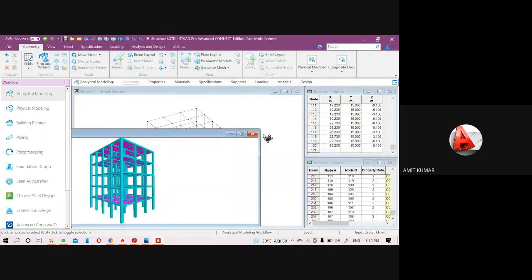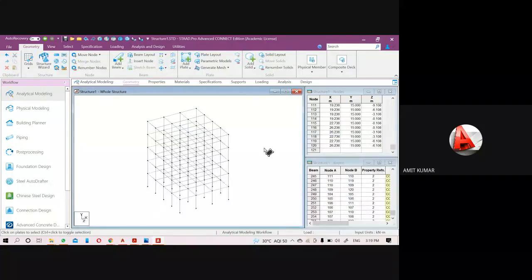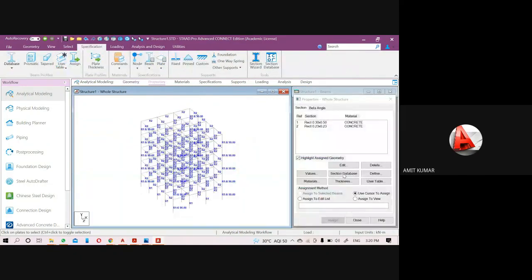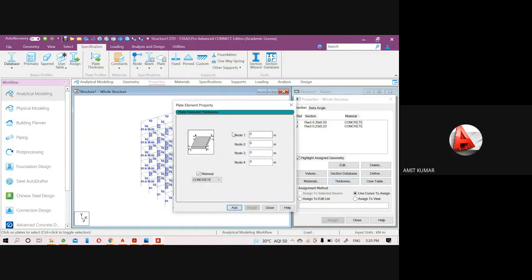Next thing will be provide the thickness and assign it. Okay. So for this, go to the properties and to define the properties, just click on the thickness option. So here we have total 4 nodes, node 1, 2, 3, and 4.